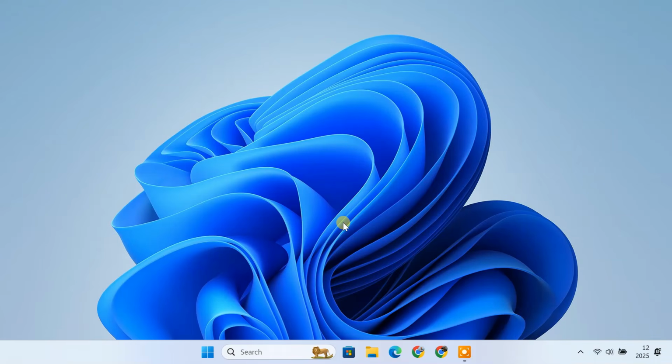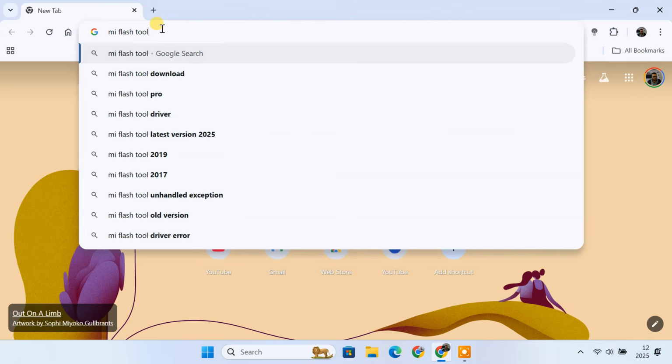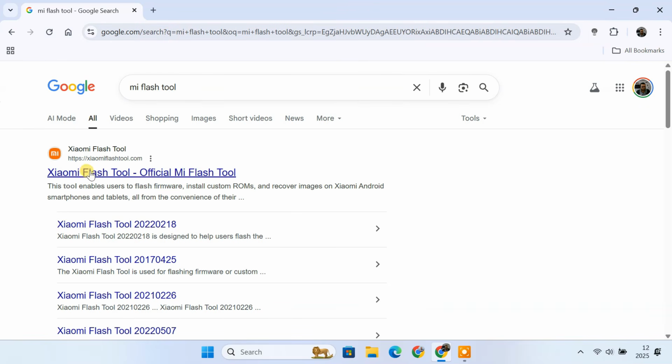To begin, you'll need two things on your computer: the Mi Flash tool and the official Fastboot ROM for your phone. You can download the Mi Flash tool from Xiaomi's official website or trusted sources like xiaomiflashtool.com.